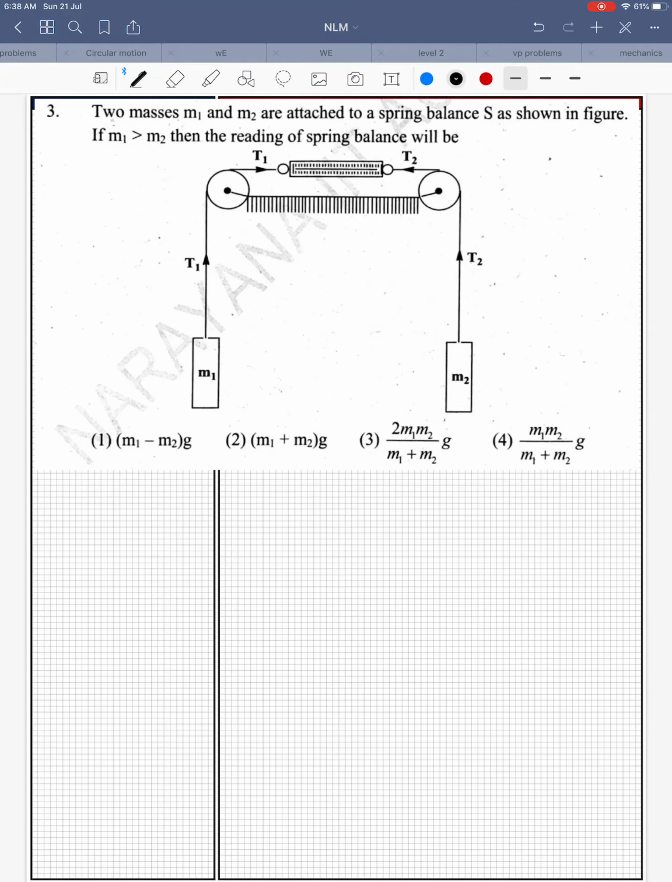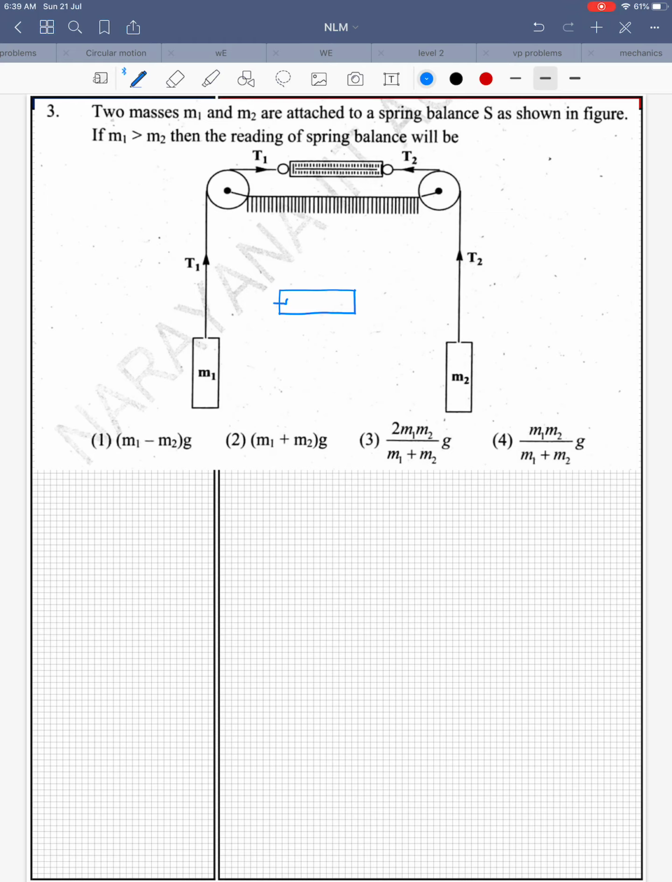Two masses M1 and M2 are attached to a spring balance S as shown in the figure. If M1 is greater than M2, then the reading of the spring balance will be. So reading of the spring balance means that